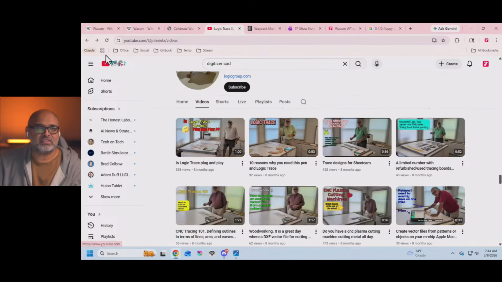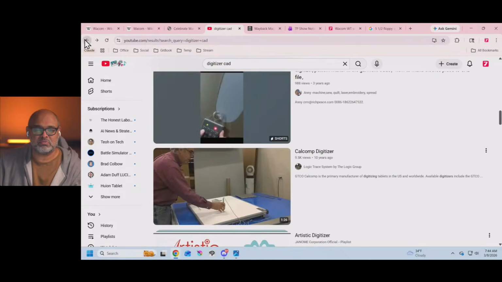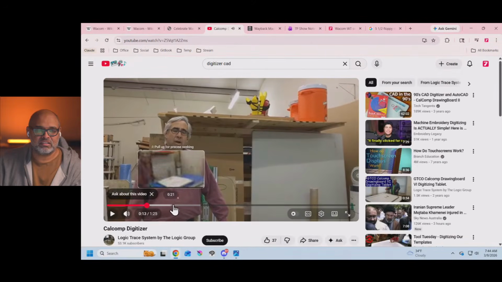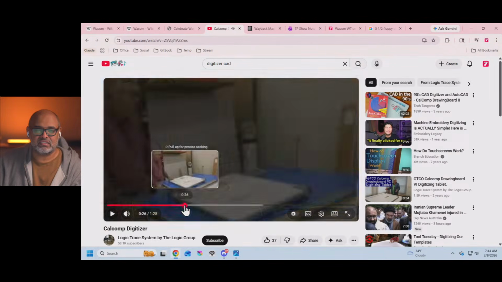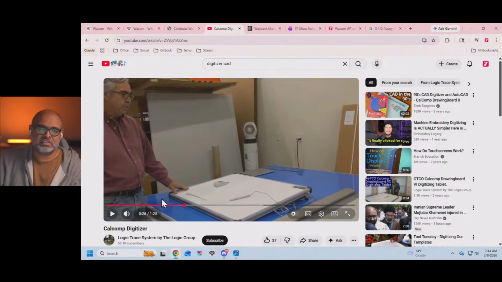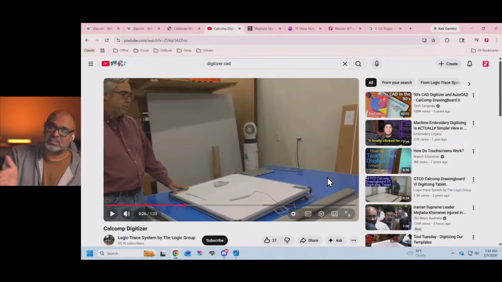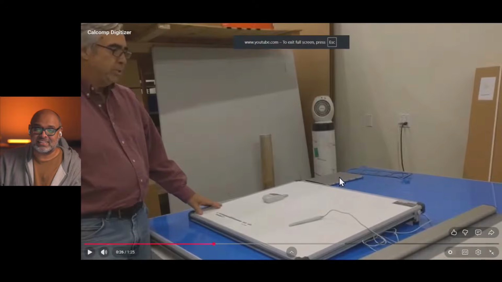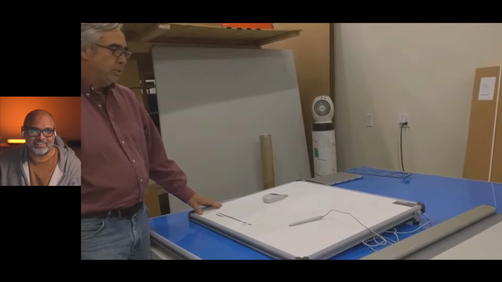Okay, hang on. Let's just go back here. I'll just show you the surprise. Okay. For petroleum, for takeoff. Do you see that he's on a desk here? This blue desk? That desk is actually about twice as wide as you see. The surprise is that blue desk is a digitizer.